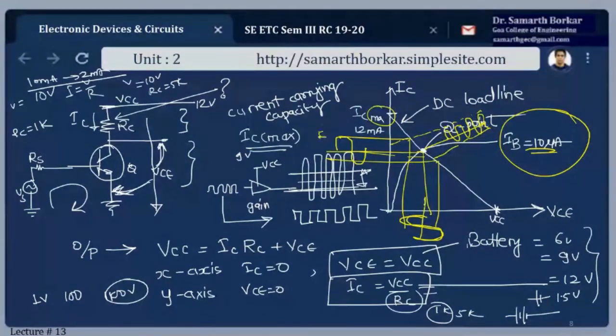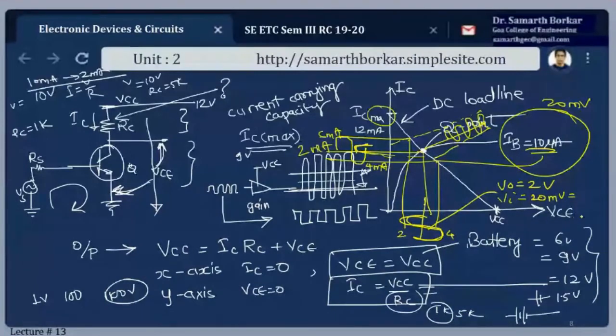Now see, here this is just 10 microamperes, but then current is in terms of milliamperes. Even if this is say 6 milliamperes and this is 4 milliamperes, the lower limit, so the total current is 2 milliamperes. So we have amplified a signal strength from 10 microamperes to 12 milliamperes. Fine, this is what is called as current gain. Voltage gain is say 20 millivolts, and from 20 millivolts I'm getting a signal of say this is 2 and this is 4. Difference is 2 volts. So output is 2 volts, input is 20 millivolts, 0.02 volts. So you can make out it is amplified by 100 times.